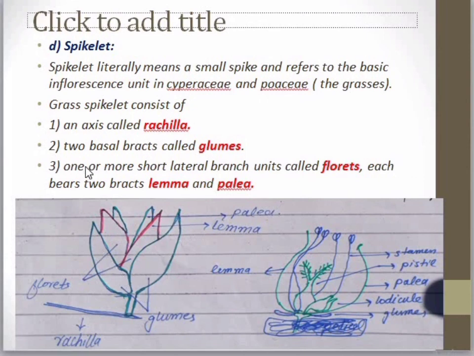One or more short lateral branch units called florets. These are the florets or branch units. Each one bears two bracts, lemma and palea. And this is the